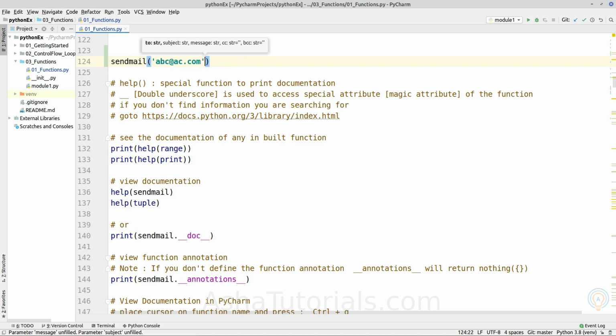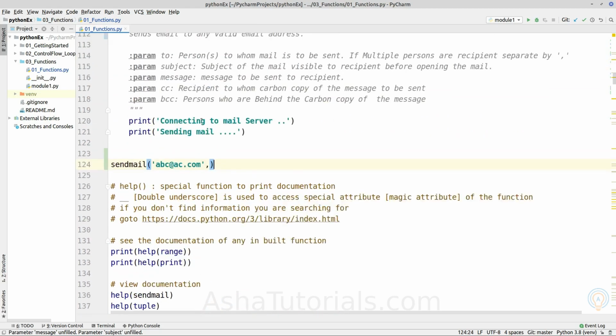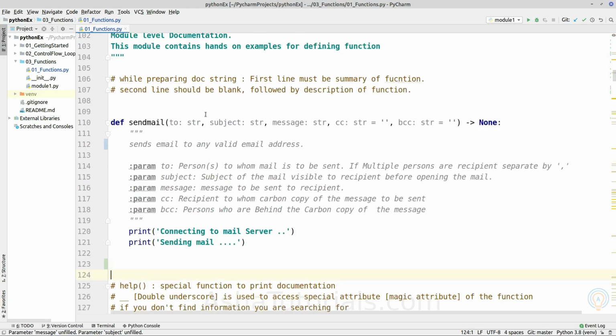If you write the second parameter, as we can see, it is moving to the second parameter, so it will highlight as you write the parameter. Okay, and here we can also view the documentation for a particular parameter. So if you hover over it